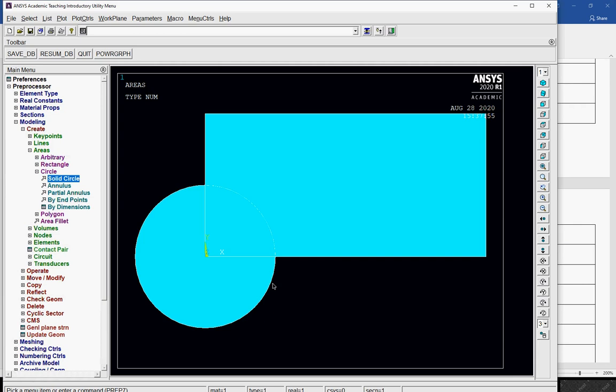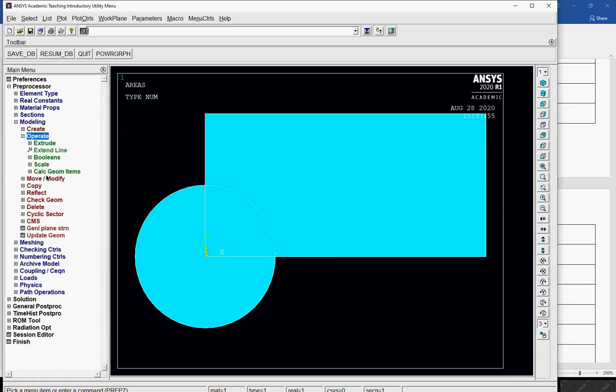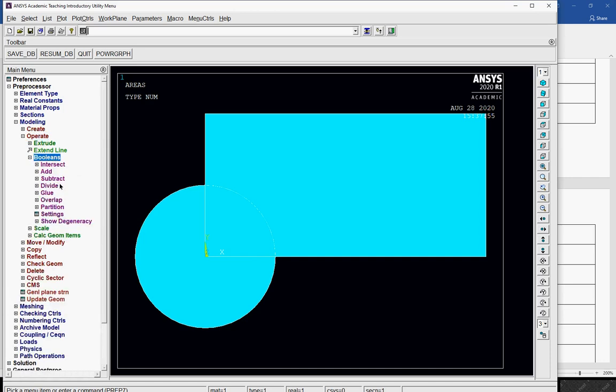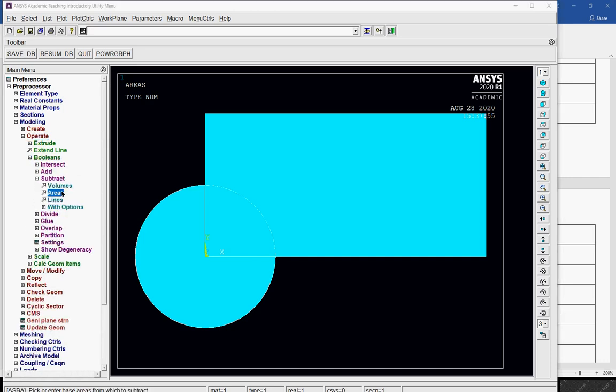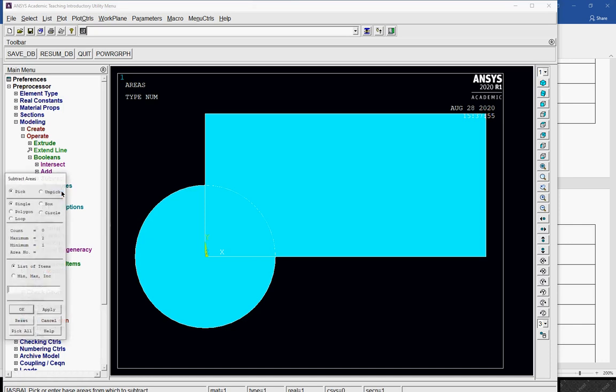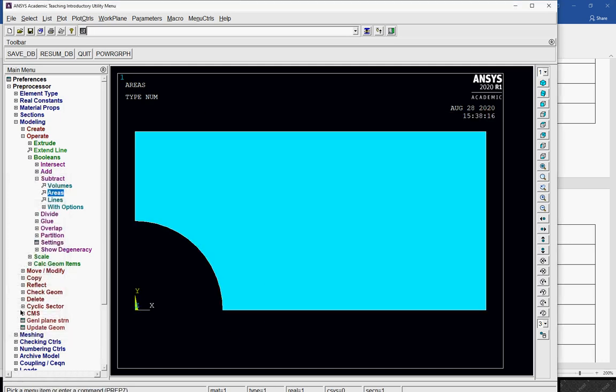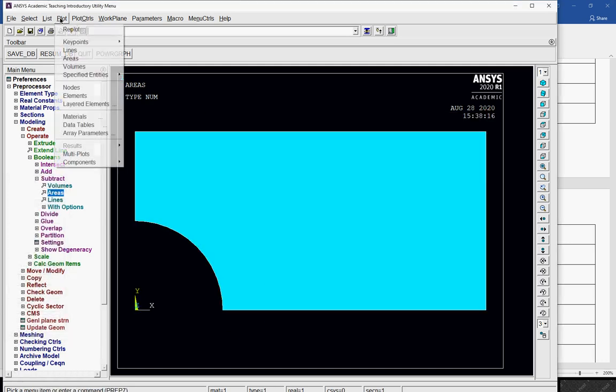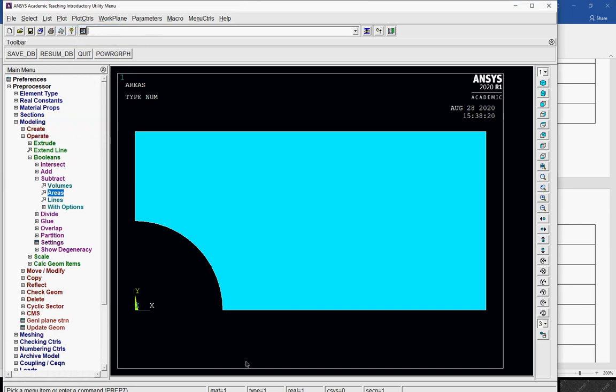Now operate, boolean, subtract areas, this area, then subtract this area. What has happened? Okay, gone. So subtracted, fine. So I got this now, one area subtracted from this, fine, no issue.